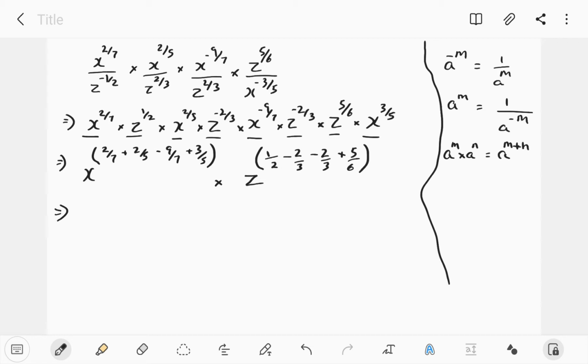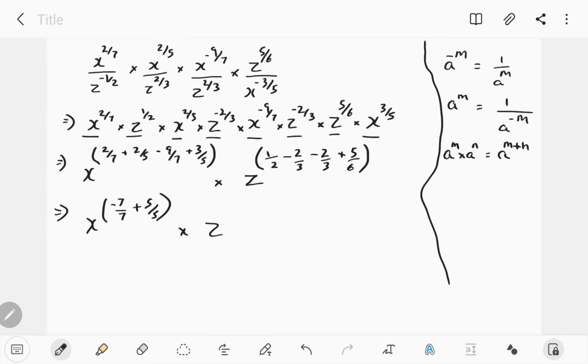Now let's see here, x power, let me just add the terms having common denominators first. 2 by 7 minus 9 by 7, denominators are common, denominator is 7. So I can directly add the numerators. 2 minus 9, this would give me minus 7 by 7. Now the other two terms, 2 by 5 plus 3 by 5, denominators are common. The common denominator is 5. I just need to add the numerators, 5 by 5. Multiplied by